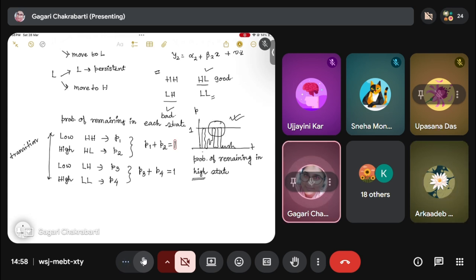These probabilities P1, P2, P3, P4, these are called transition probabilities because they give you the probability of shifting regime. And starting from any regime I, what is the probability of staying in I or moving towards J? এইটা।